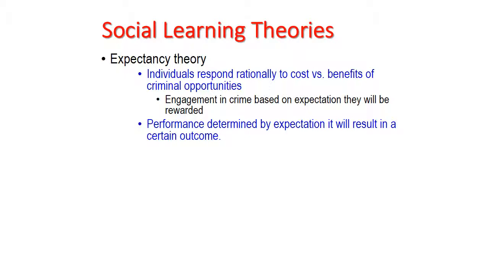Factors that could increase the expected cost of crime, which, for example, could include increased apprehension or increased likelihood of punishment, on the other hand, would reduce the motivation to commit crime. Similarly, factors that increase the benefits of crime, for example, the lack of good job opportunities to earn money legitimately, would increase the likelihood of involvement in crime.